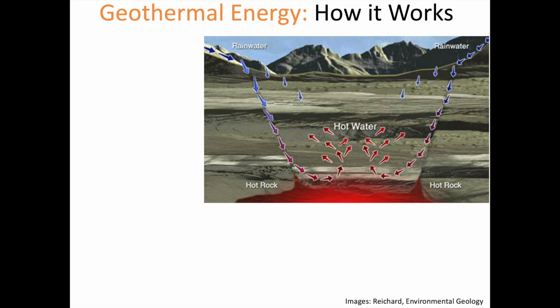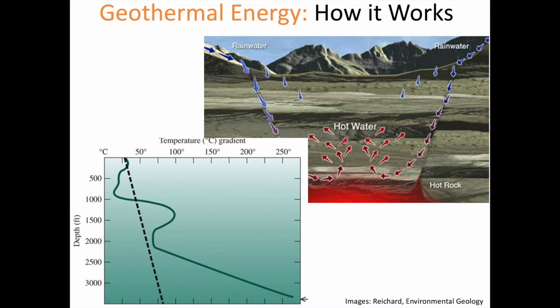The basic way that geothermal energy works is by the circulation of water into parts of the crust where there is hot rock. The hot rock heats up the water, and if we can drill down and tap into it, we can use the heated water or steam for electricity production or space heating. This graph illustrates the temperature gradient in typical surface rocks, the dashed line, and in geothermal hotspots, the solid line. Obviously, it is much easier to drill down to really hot water in a hotspot area than in typical crustal